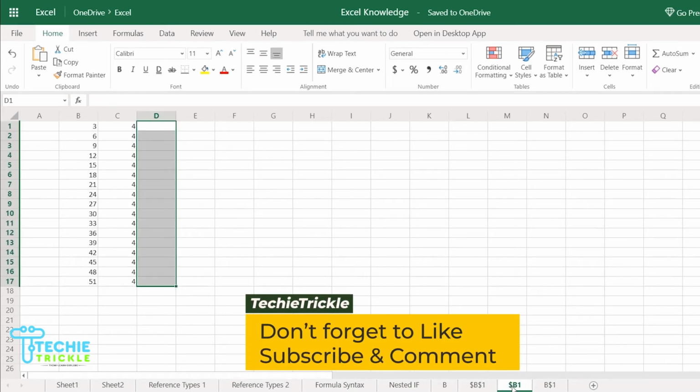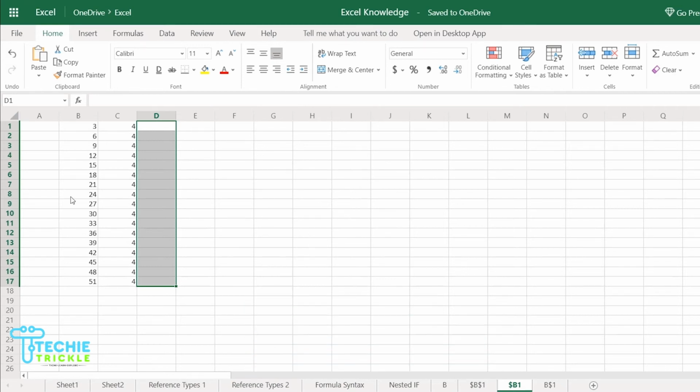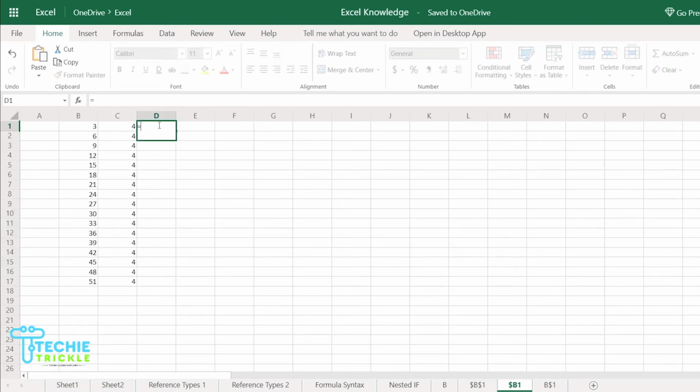Coming to the next one, that is absolute B1, $B1. What it means is my column is fixed, but my row can change. I have a set of numbers, and then what I want is equal to, then I have this multiplied by this.